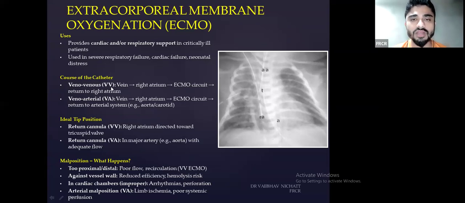Course of the catheter. So there are two types of ECMO tubes. One is veno-venous, another is veno-arterial. So we have discussed veno-arterial over here. So what is veno-venous? From the vein,